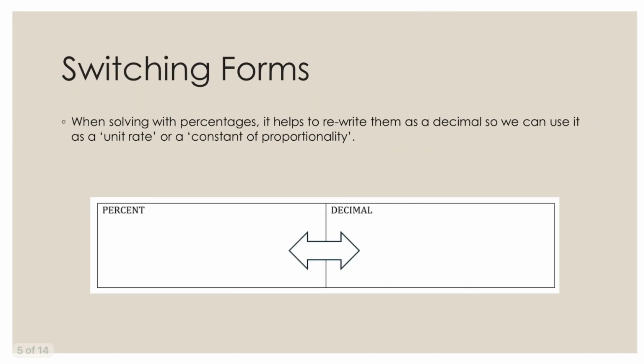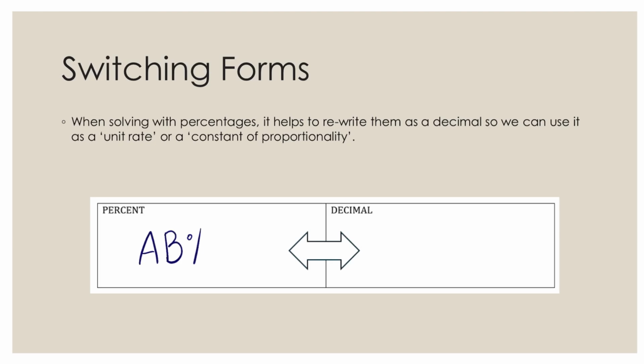So when we're solving with percentages and the proportions, it's useful to be able to switch between percentages and decimals because we can use that decimal as a unit rate. It's harder to use the percentage because it's mathematically just a fraction written differently. So when I have a percentage, we'll just say